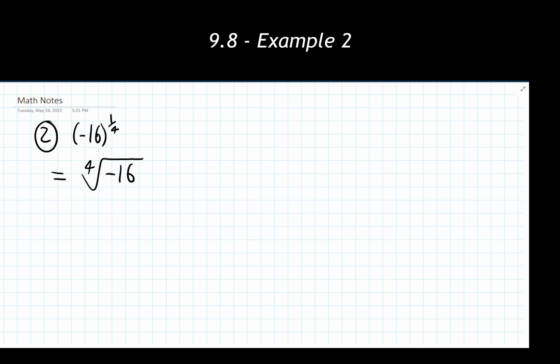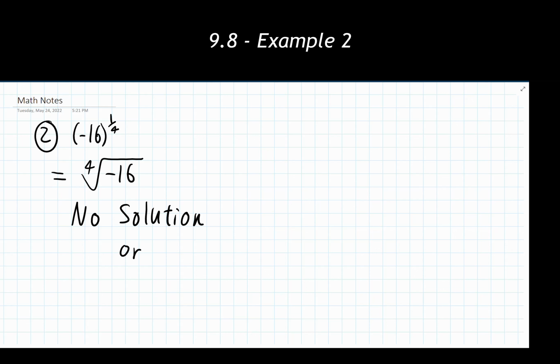Now it should be noted, I'm taking the 4th root, meaning an even index root of a radicand. Can I take the even index root of a negative radicand, remembering back to our previous material? And no, we cannot. So because I cannot take an even indexed radical root of a negative radicand, I therefore would not get any real solution showing up from this. So in this regard, even after doing this rewrite, I'm going to have no solution.